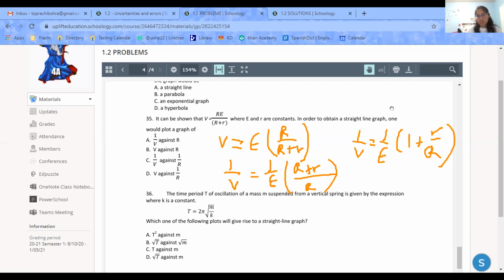Now here's the tricky part. Honestly, could you divide the whole thing by little r, just so you would have 1 over r? Yeah, from this step or this step? From the last step that you did. Because basically we're just trying to get r on its own. It's okay if it's in the denominator, it just needs to be on its own with no other variables.